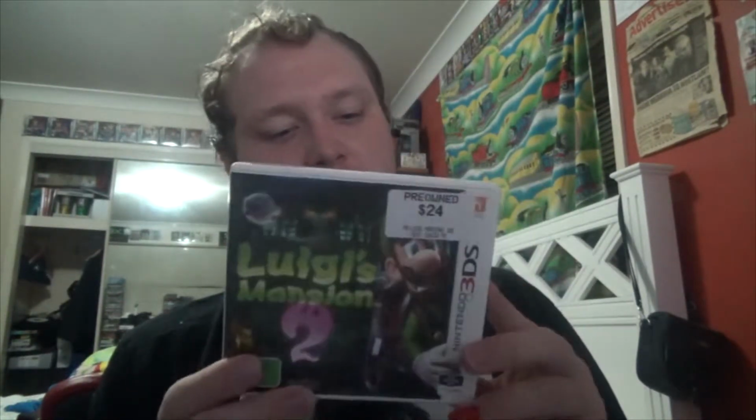Now continuing on with DS, we have 3DS. Luigi's Mansion, not 2DS, but this was $8. This is Luigi's Mansion 2 on 3DS. Never played Luigi's Mansion, but I needed more games for my 3DS. I didn't have too many, so this is a great little find, and it was $8. So that brings us up to 14, and to add another 8 to bring that up to 22, we have